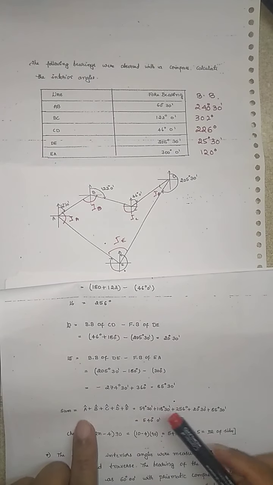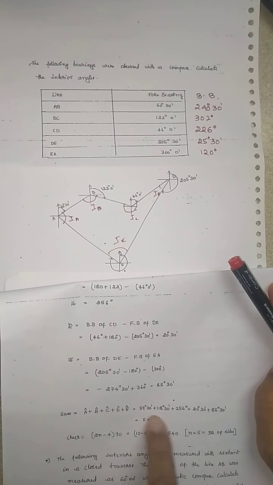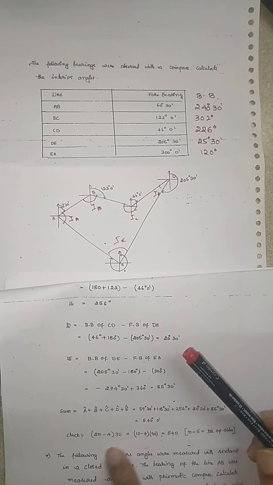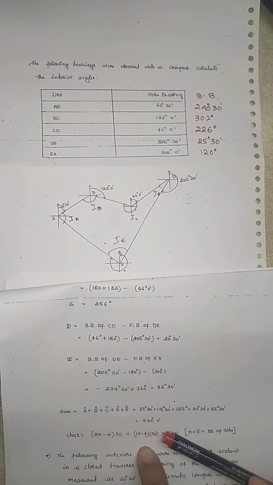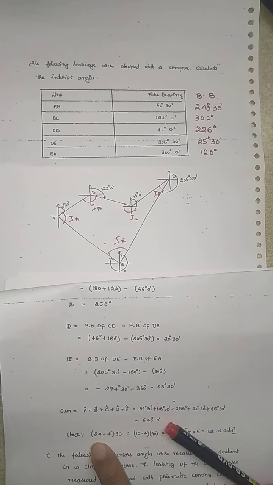So all these you can have the corrections also, right? All these angles, A, B, C, the included angles, whatever angles you have got, if you add them, it is going to come to 540. Then how do you check? The formula is 2n minus 4 into 90. This is the formula that I have not told in the previous class.